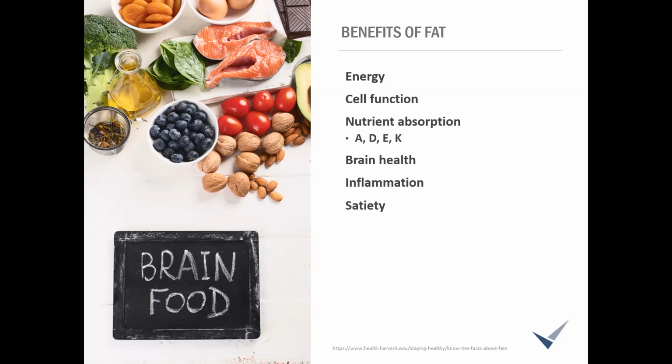And then for day-to-day purposes, fat also plays a role in satiety, so keeping you fuller longer. This can help with weight maintenance and weight loss. Now, this isn't the whole list, but you get the idea. Fats are really important and helpful to us and should not be avoided. But going back to the different types of fat I mentioned in the last slide, there are certain types that have been shown to have more benefits than others when it comes to whether we should be getting more or less of it. So let's dive into each area.